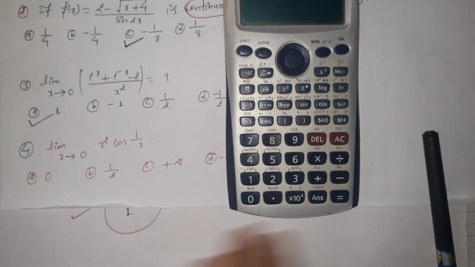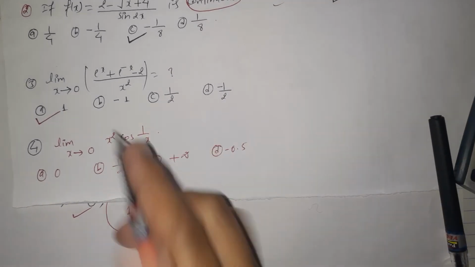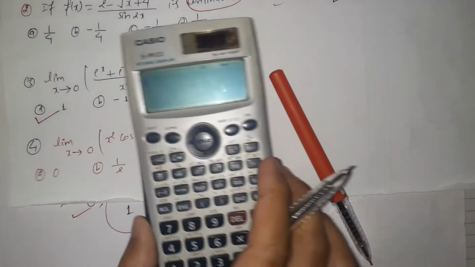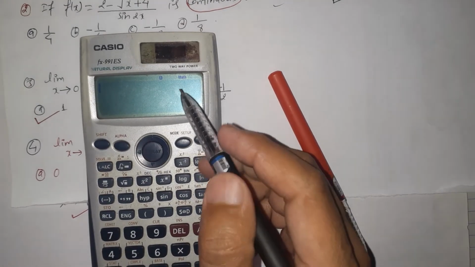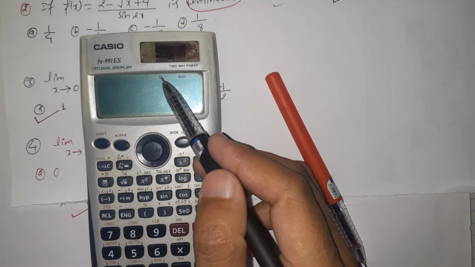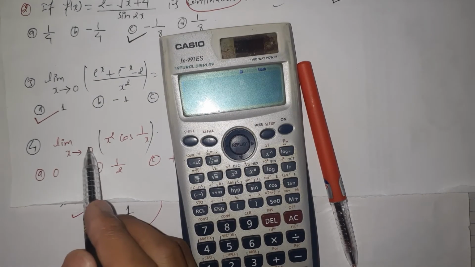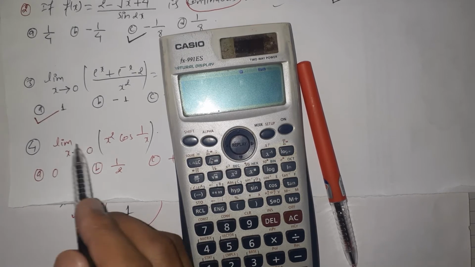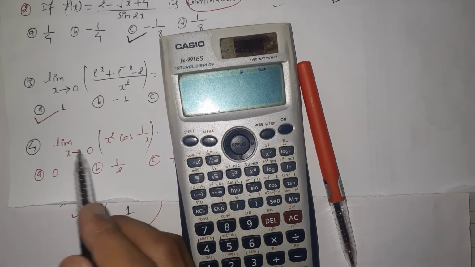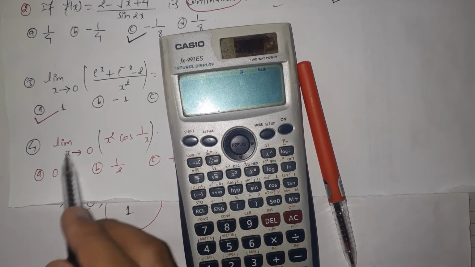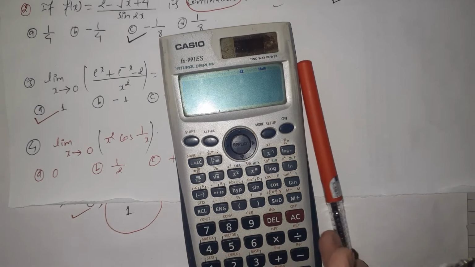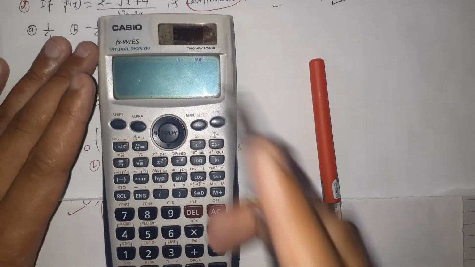And the next question, question number 4. In question number 4, it is related to trigonometric functions. Let's type it on the calculator first. Please remember a very important point. In the case of trigonometric functions, there should not be the degree mode, it should be the radian mode, because here we are approaching 0 by giving radian values. So we have to change the degree mode into the radian mode. We are giving radian values, so it is already in radian.